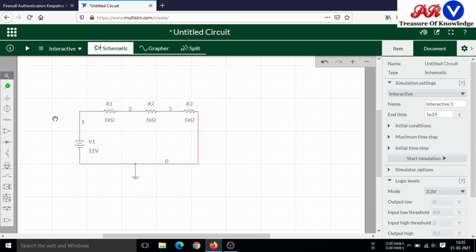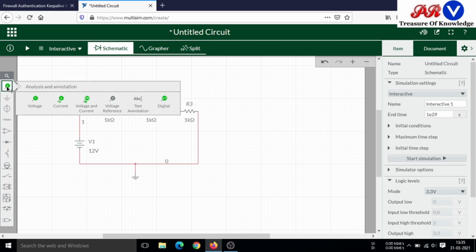Now to verify the output voltage, we will use indicators from this tab: voltage indicator, current indicator, voltage current, voltage reference. These are different indicators we can use.